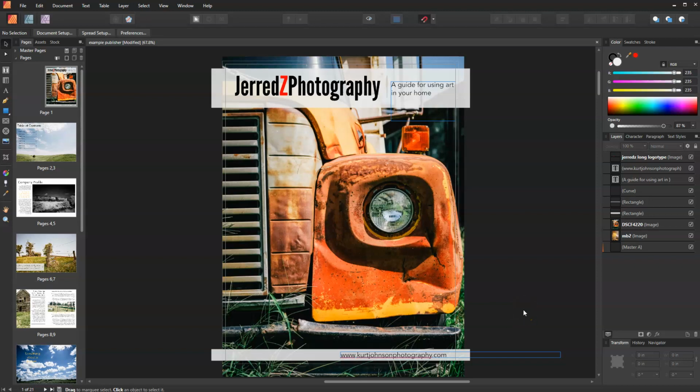All right, so we have Affinity Publisher pulled up here, and it is the newest program from Affinity that is supposed to directly compete with Adobe InDesign. And I love the program. I think it's amazing. I'm a photographer, so in my spare time,